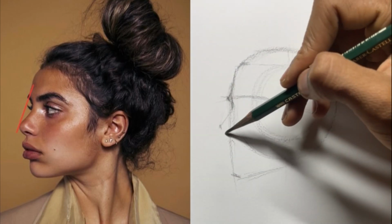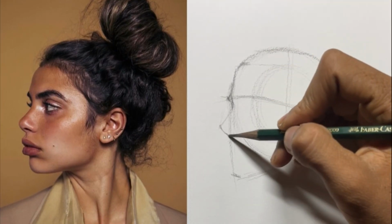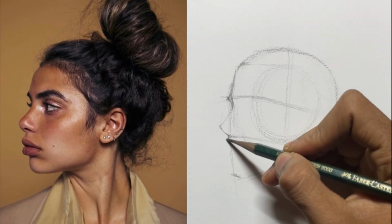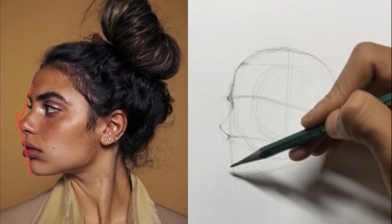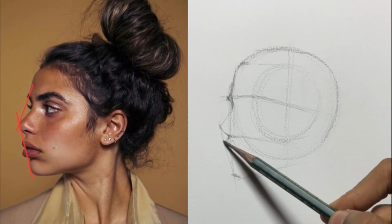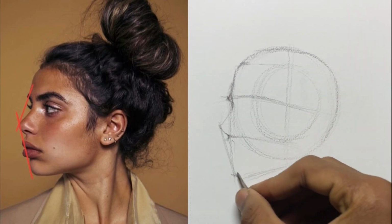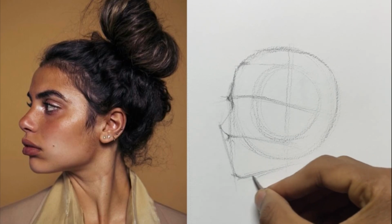Then now you draw the shape of the nose, the contour shape, and then the mouth is going to be coming forward, and you can also draw a straight line from the tip of the nose to the chin to find the placement of the mouth, and see if the lips are going beyond this line or not. But before, I'm going to come here and draw the shape of the bottom of the chin,